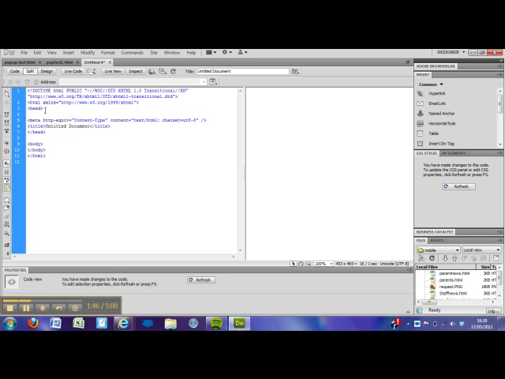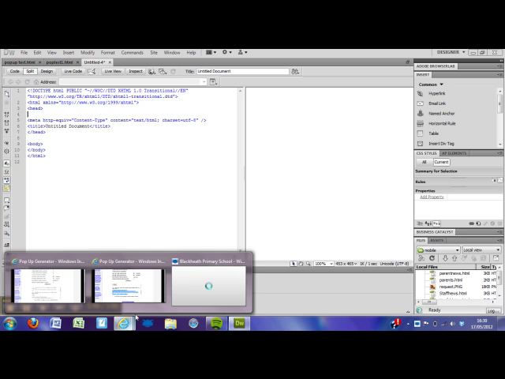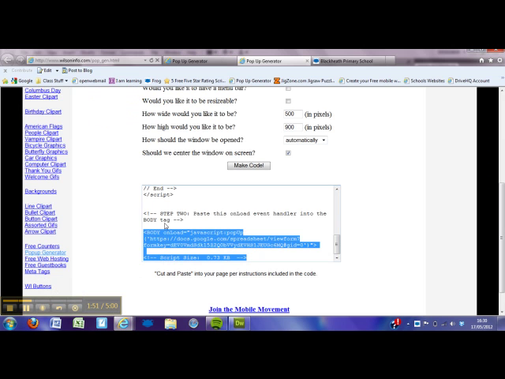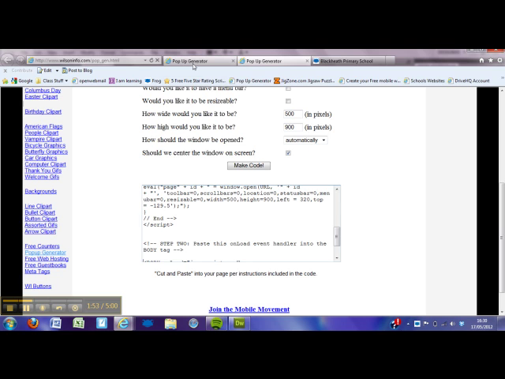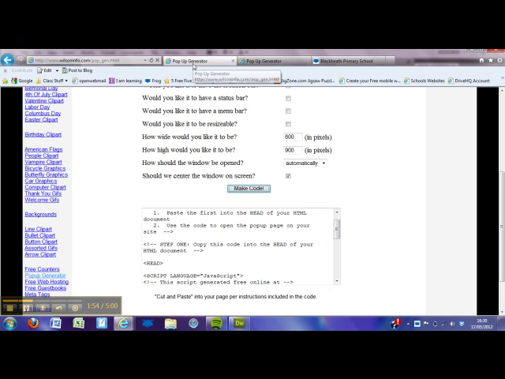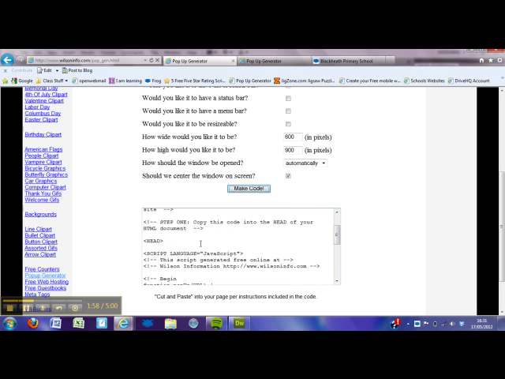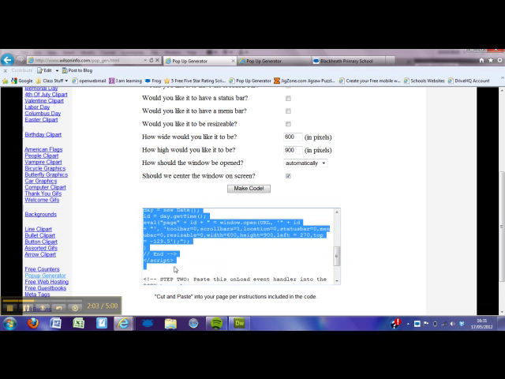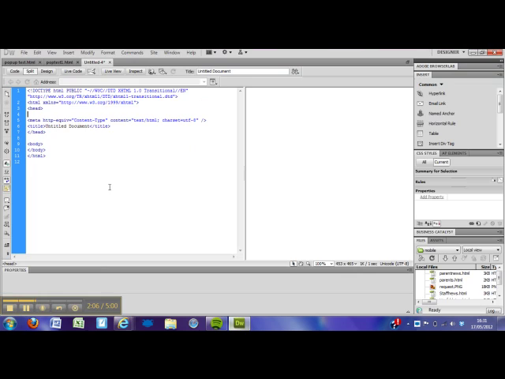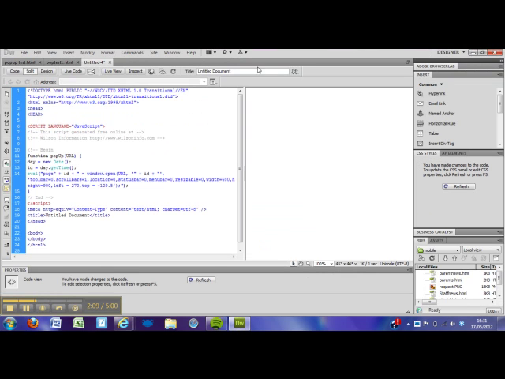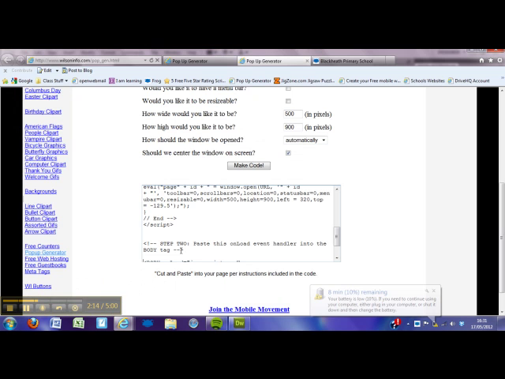Okay, so I'm going to give myself a space so I'm ready, and I'm going to get my code here, which it tells me that I'm going to generate. It says step 1, paste the first into the head section. So I get from where it says head, and I'm just going to drag down until it says end script, and I copy that and I put that into the head section in here by pasting. You don't really need to know a lot about code to do this. You don't even really need to know what it means,